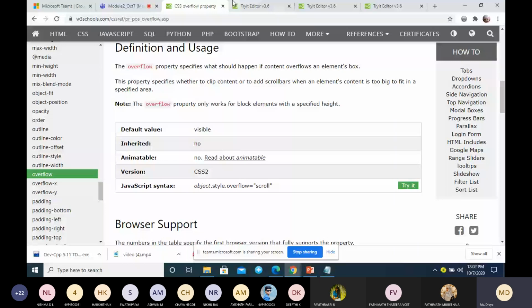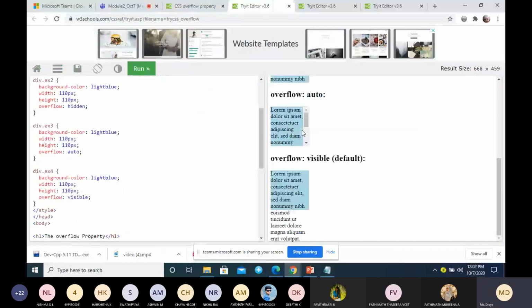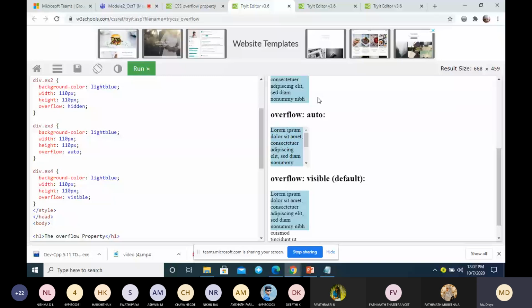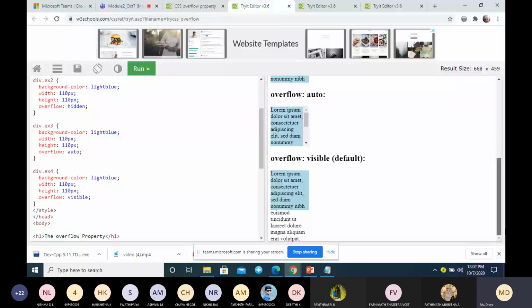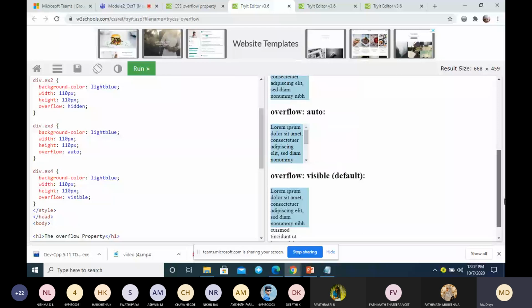It tells whether to add a scroll bar, whether to clip the content, whether to hide the content, or whether to let the content that doesn't fit into this width and height overflow. We can do that using the overflow property. So this is an example: overflow hidden, visible, auto, and scroll.